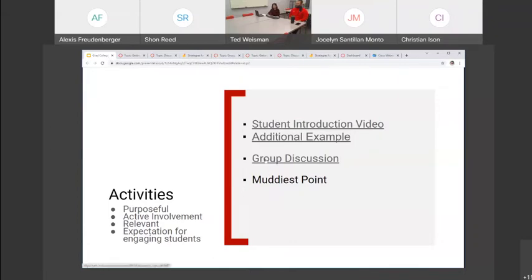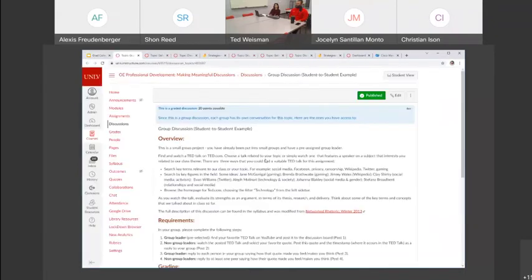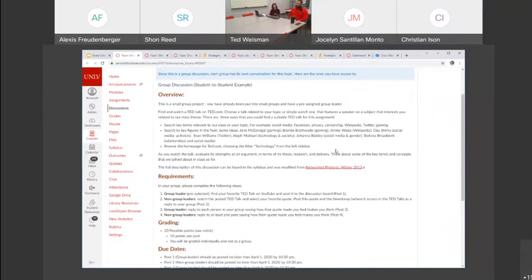The other thing that we mentioned briefly was thinking about group discussions. And the great thing that Canvas does is it does allow you to create groups for your students. And when you have a larger class, this can be a great way to mitigate the overwhelm that you and students can experience being in a big class setting. So again, provide the overview of what the assignment is. This is a small group project and you've already been put into groups, right, in this case.